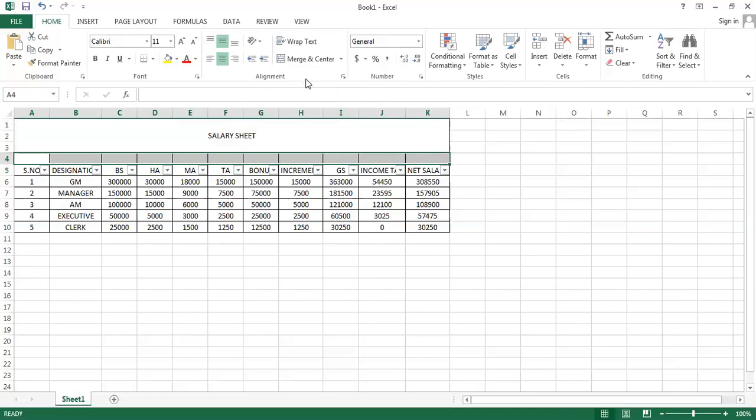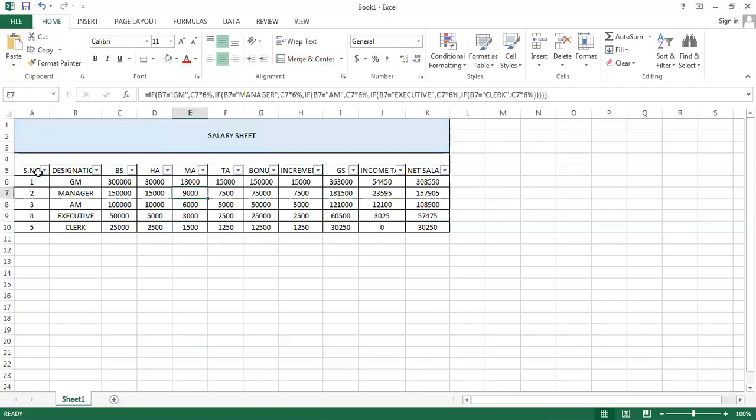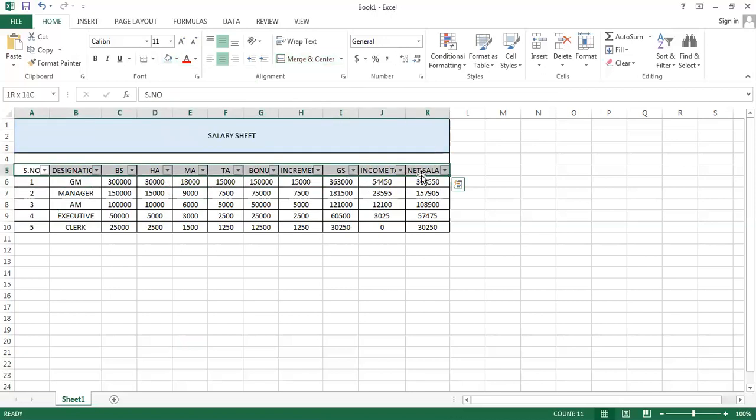Now you can improve the presentation again by coloring it. So if I select this cell, and I'll go to this home tab, font, paint option, so I can fill in the color, whatever color I like the most, for instance. So I can select this as well and color it now.